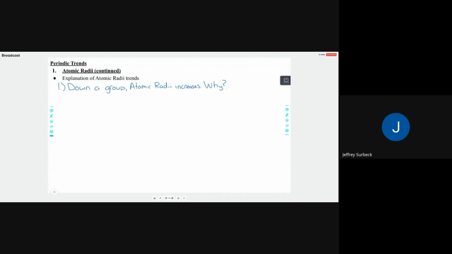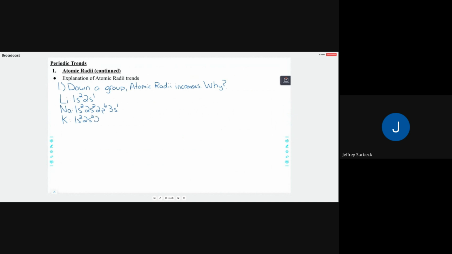Okay, well, let's do this. Let's look at group number 1, and let's look at 3 elements, and we're going to identify their particular electron configuration. We're going to look at lithium, sodium, and potassium. If I list these electron configurations out, lithium would have the electron configuration of 1s2, 2s1. Sodium would have the electron configuration of 1s2, 2s2, 2p6, 3s1. Potassium would have the electron configuration of 1s2, 2s2,